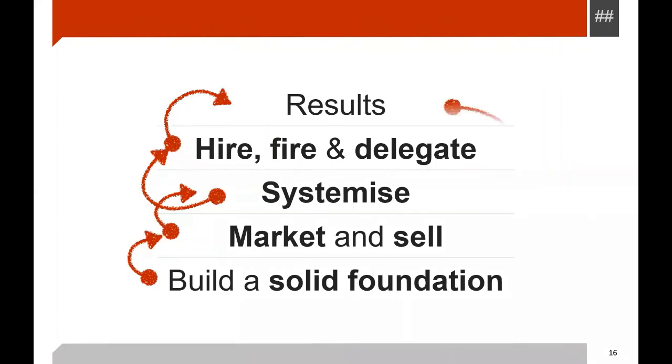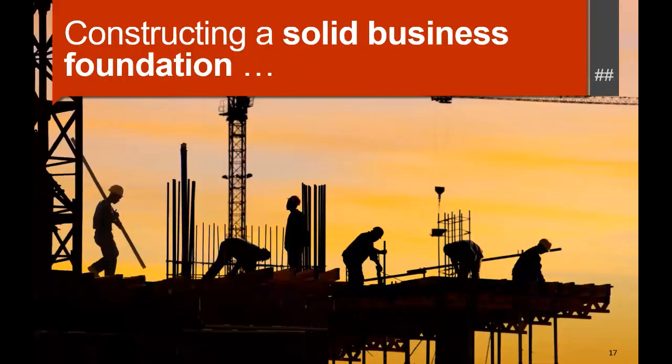So the foundation is really two things, your financials and your time management. You can't grow a business until we've got an understanding of the financials, and we've got financials we can use to make decisions with. And we can't grow a business until you've got clarity around how you're managing your time and how your team